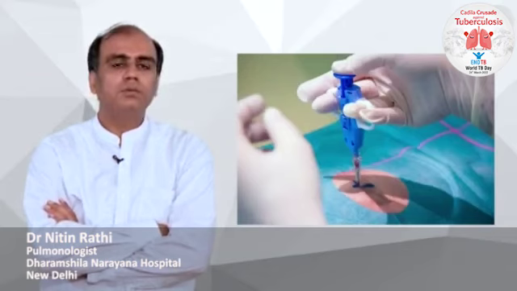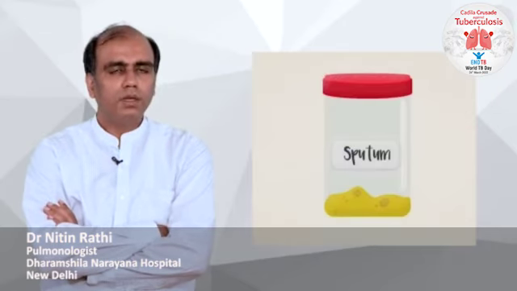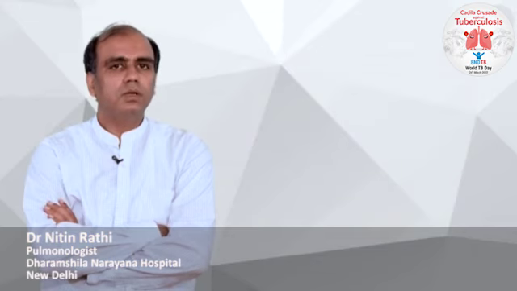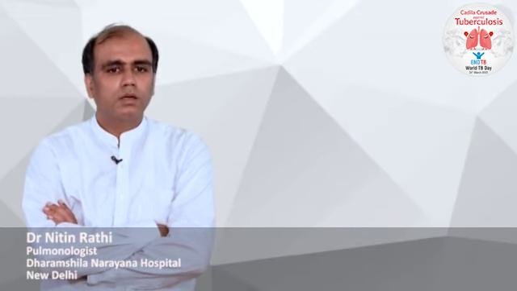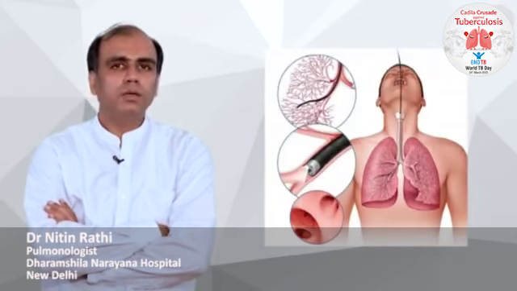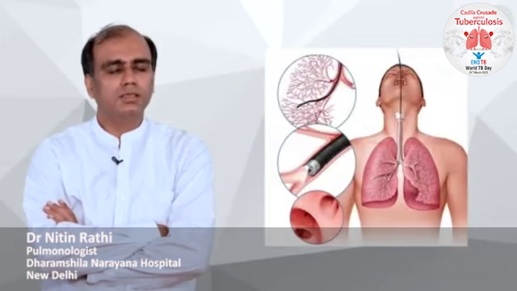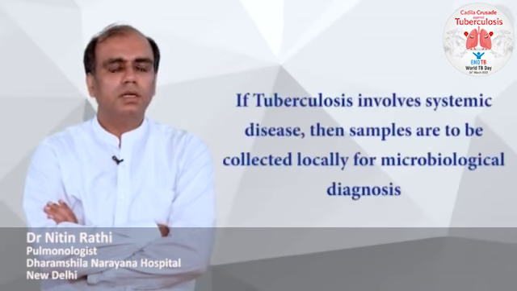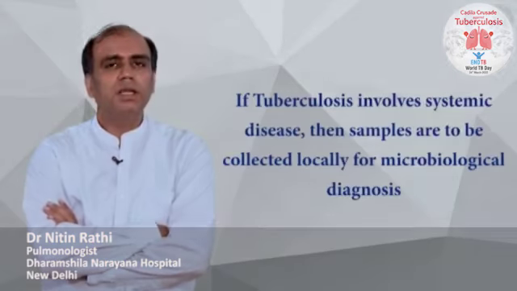In the lungs, we have to give a good quality sputum sample for the microbiological test. If we are not able to obtain a good sample of sputum from the lungs, we have to do bronchoscopy and get bronchoalveolar lavage from the lungs. If this TB involves systemic disease, then we have to take